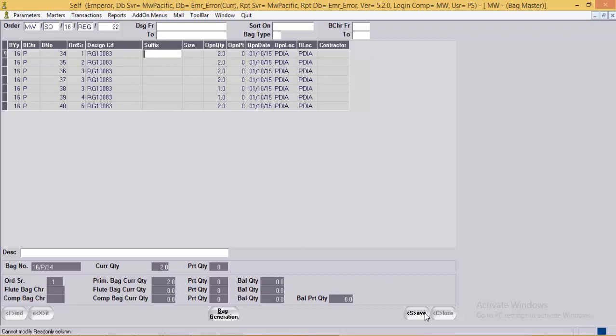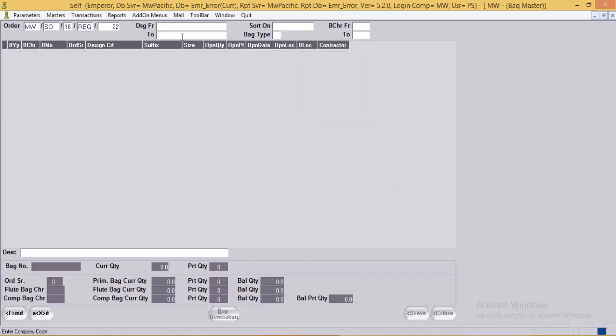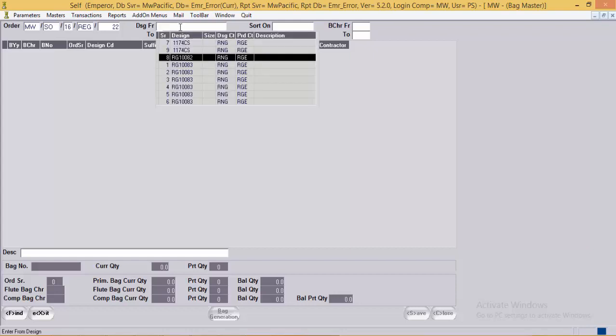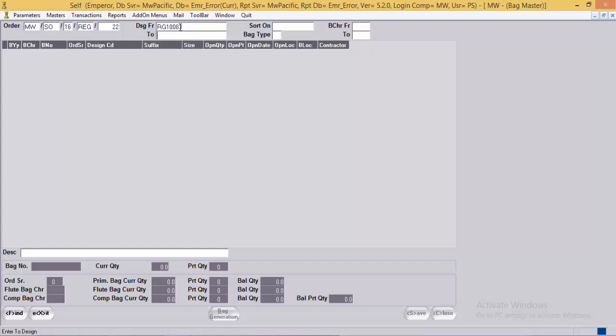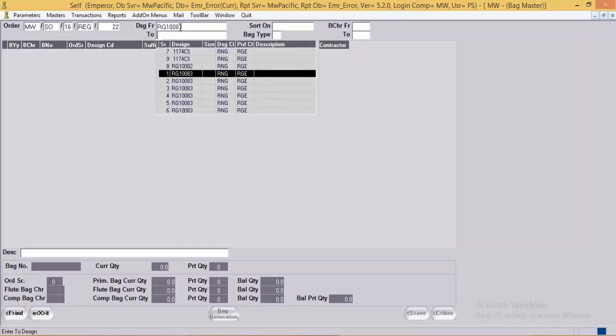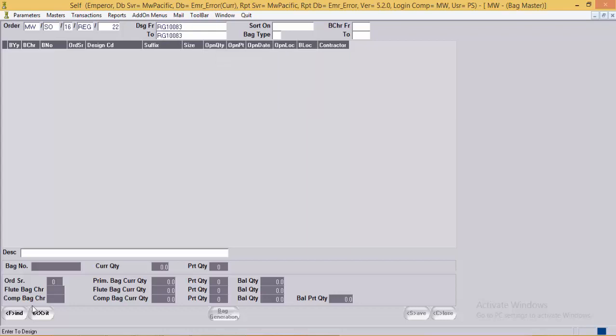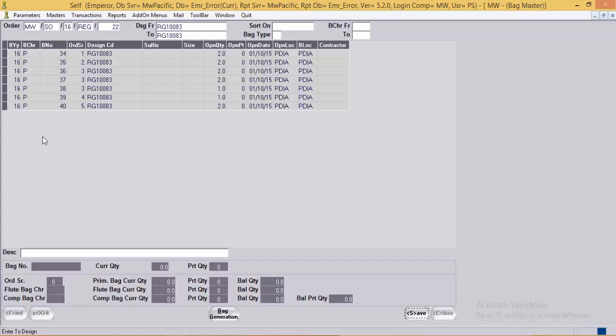Now the user can click on save button. Here the user has been provided with the filter option to view the data. For example, in the filter I am putting a design code. So only selective bags will be displayed over here.